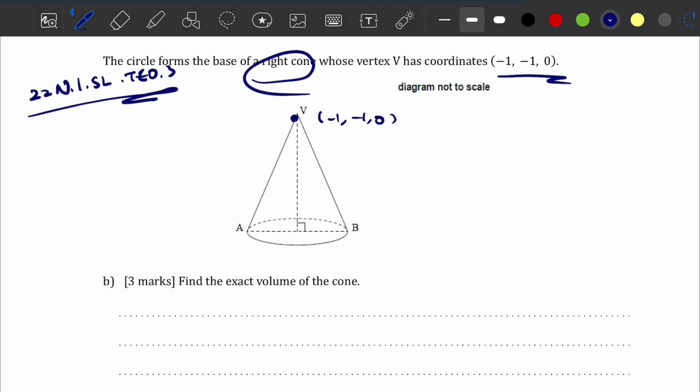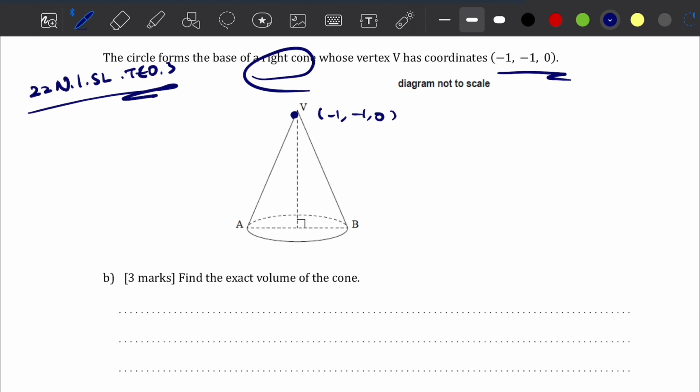Now we need to find the exact volume of the cone. We know that the center of the base, which is the midpoint of the line AB, has the coordinates of -1, 3, -2, which is the center of the circle,